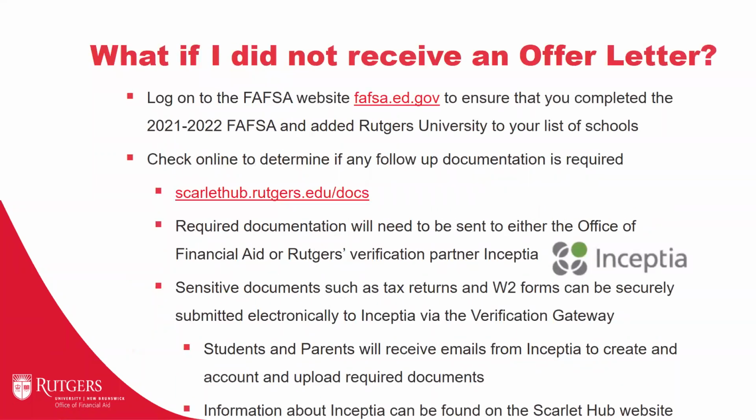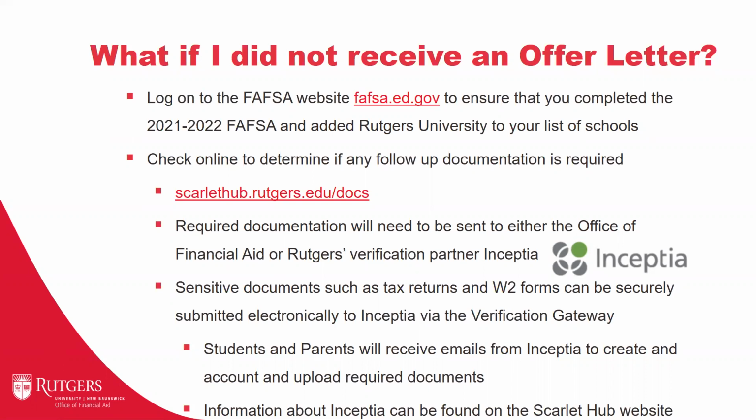All right, so question: what if I did not receive an offer letter? If you did not receive a financial aid offer letter, there are a few things that we suggest you do. First, try to log into your FAFSA to make sure you completed the 21-22 FAFSA.